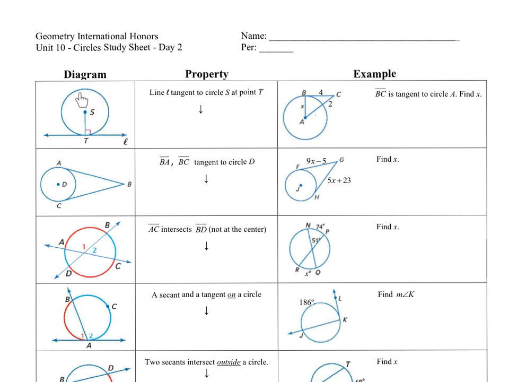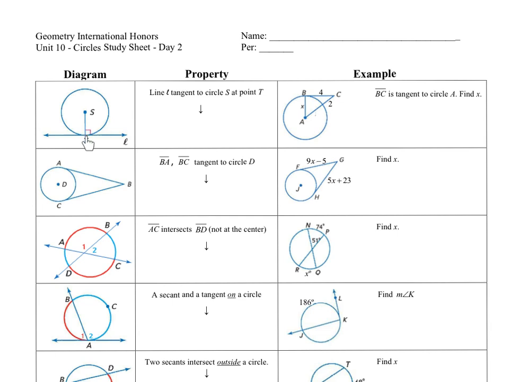So let's start with this first situation where we have a line L that's tangent to a circle S at point T. Now, I think you've probably heard the word tangent line before. Well, yeah, we defined it earlier. So you'll recall that a tangent line is a line that touches a circle in exactly one point. So this line L touches the circle at point T, and notice we have a radius drawn to that point